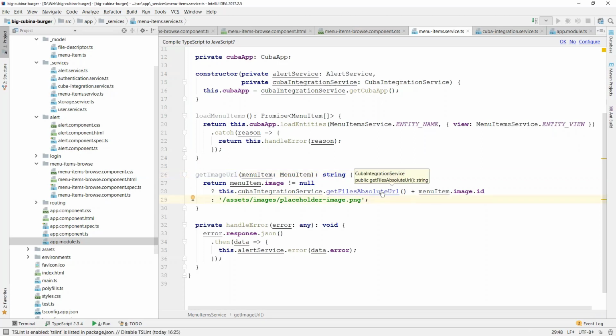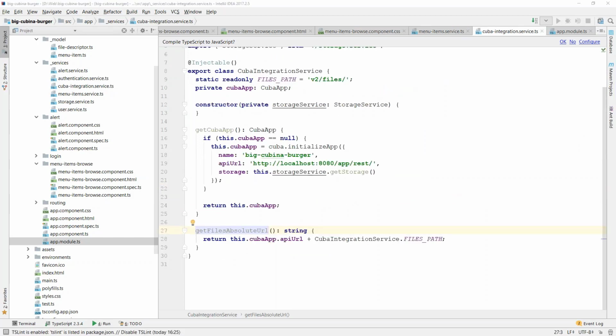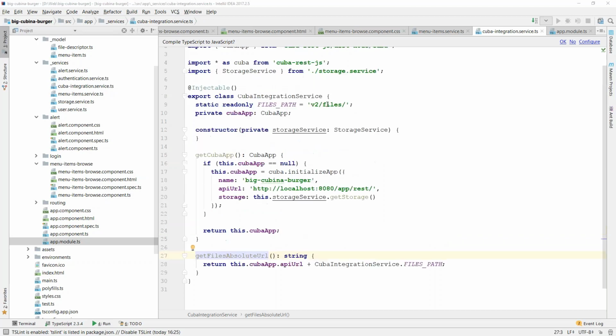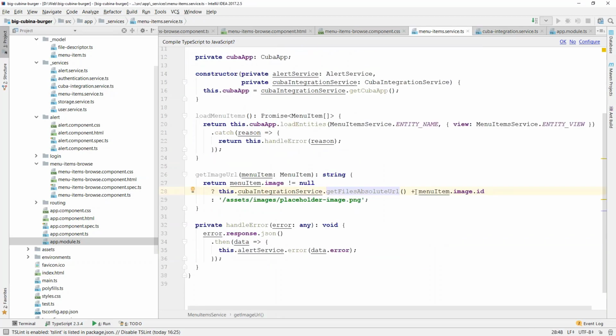And if we open getFilesAbsoluteURL, as we saw before, the method builds a link to the files controller using the base API URL plus file path that equals to files, and then we just add file ID.